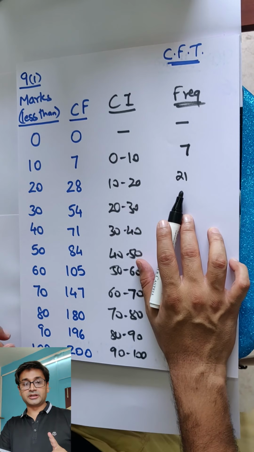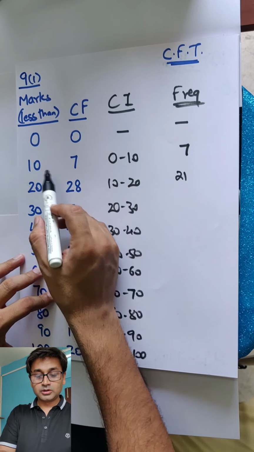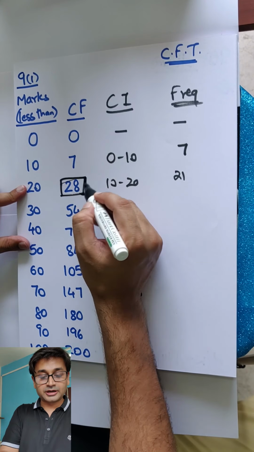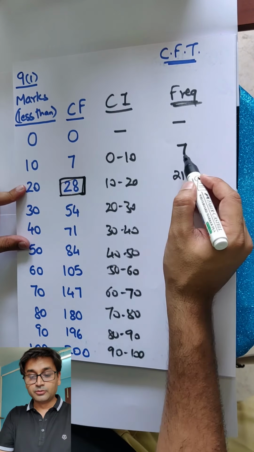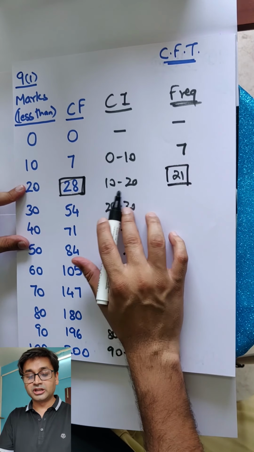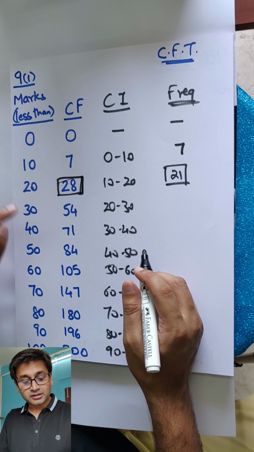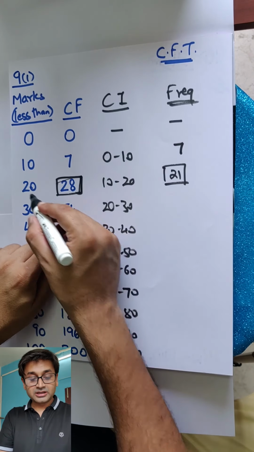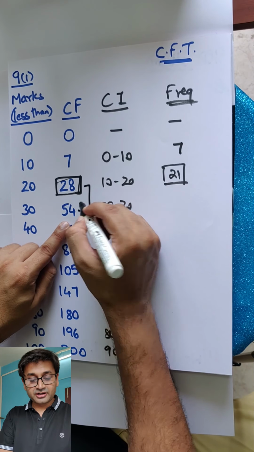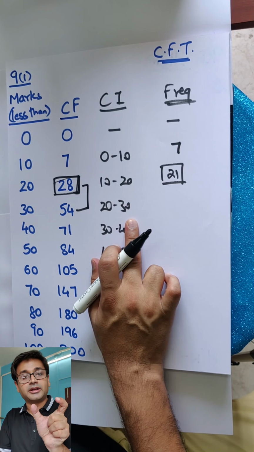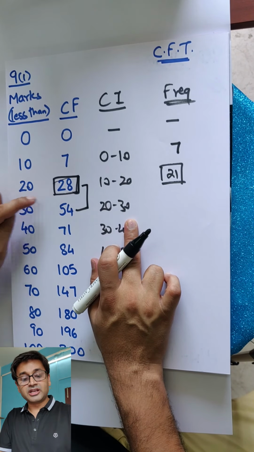Let's rethink if we are doing it correctly, logically. Okay. See, 0 to 10 are 7 numbers. Below 20, less than 20, there are 28 people. In those 28 people, 7 are included from less than 10 also. So we are removing them. So what we get, 21, is only between 10 and 20. Less than 30. See, understand, one more time I am explaining. Less than 30 is 54 numbers. Out of that, less than 20 are 28 numbers. So if I remove 28 from 54, then whatever I get will only fall in the bracket between 20 and 30, because the rest were below 20. Is that clear?